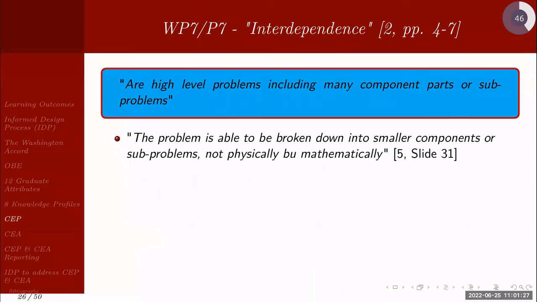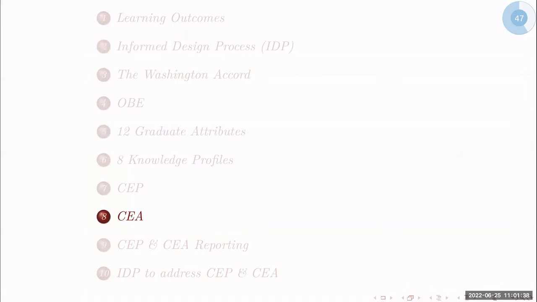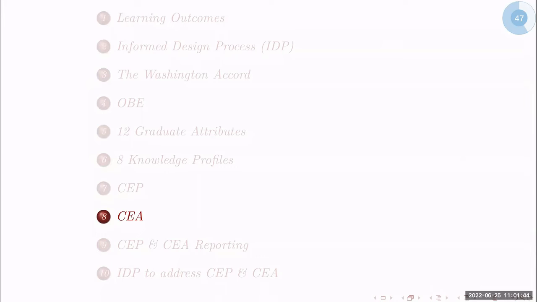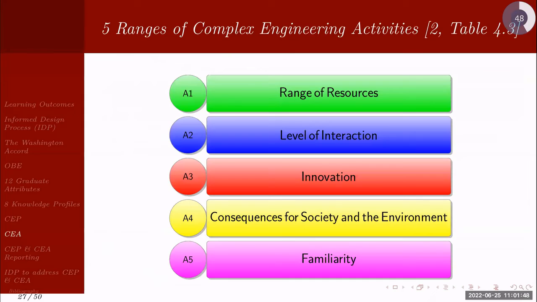P7 is related to interdependence. So our high-level problems include many component parts or sub-problems. Okay, so these are the 7 ranges of complex engineering problems. Now we move to complex engineering activities, CEA. For complex engineering activities, we have 5 ranges,